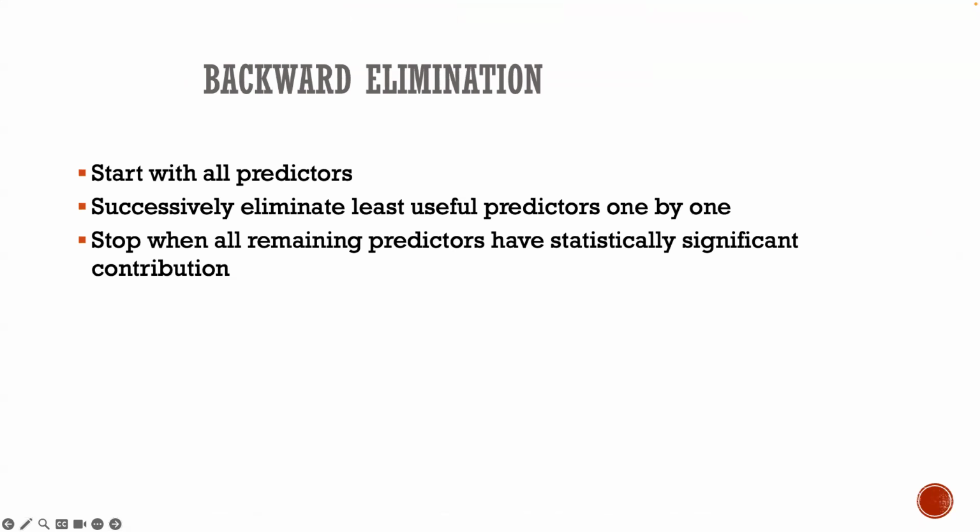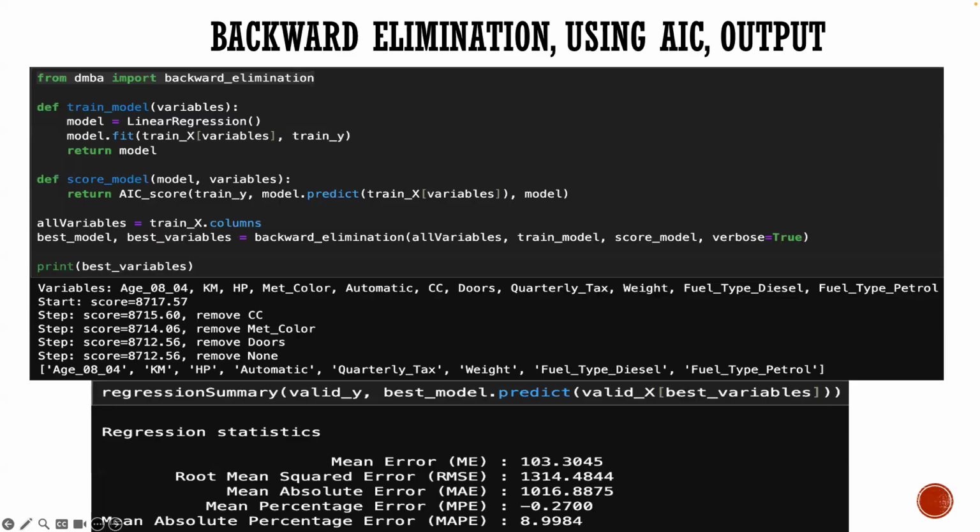And the same thing now, instead of exhaustive search, which is computationally intensive, we could do with partial search. And there are 3 ways to do it. Backward elimination basically says that you first put all the predictors in the model, and then you successively keep on eliminating the least useful predictors, the ones which have very low coefficients. You keep on removing them one by one and stop at the point when you have all the predictors that are statistically significant in terms of the contribution. Right. So that's sort of backward